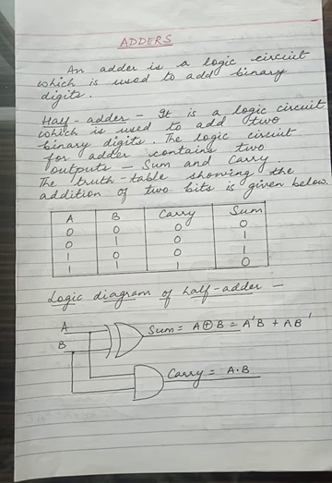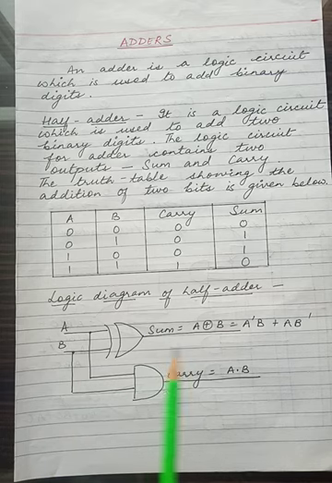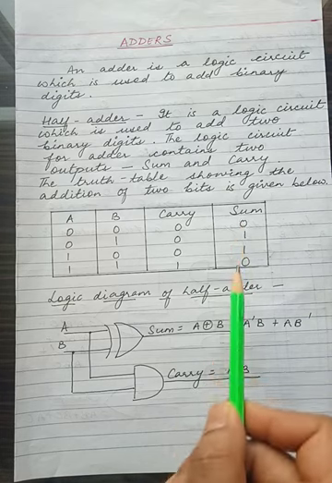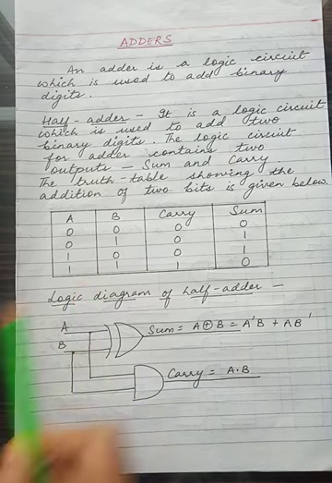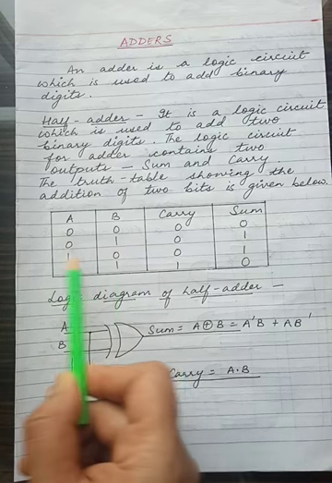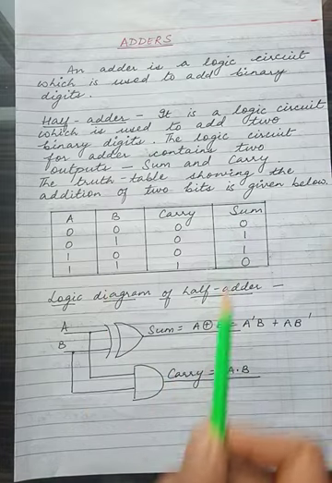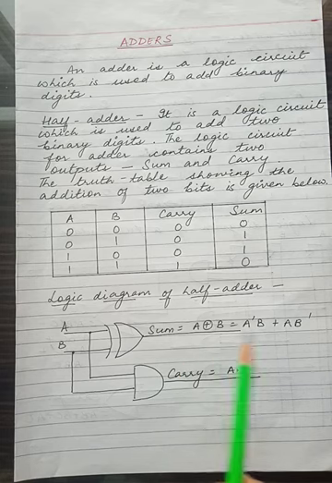Now the logic diagram for half adder. See, when A and B are passed through the XOR gate, we get sum. If you look at sum clearly, where are the ones coming? The ones are coming when there are an odd number of ones. See, here there is an odd number of 1s. Here there is an odd number of 1s. That means sum is following the XOR gate. So we have put an XOR sign in between A and B. Also it can be written as A bar B plus A B bar.